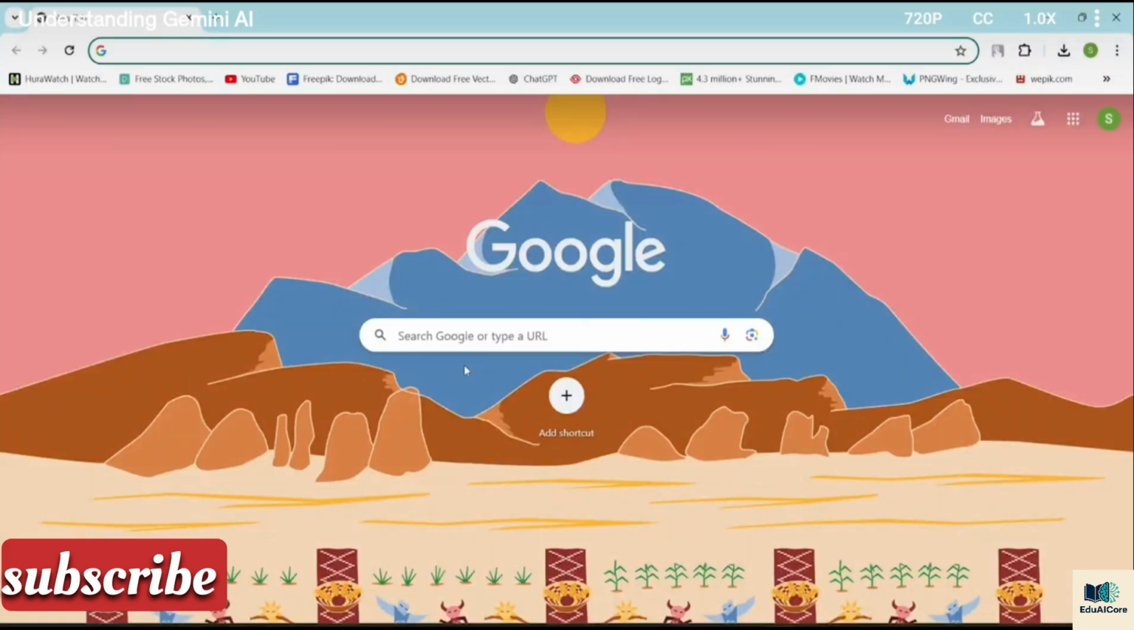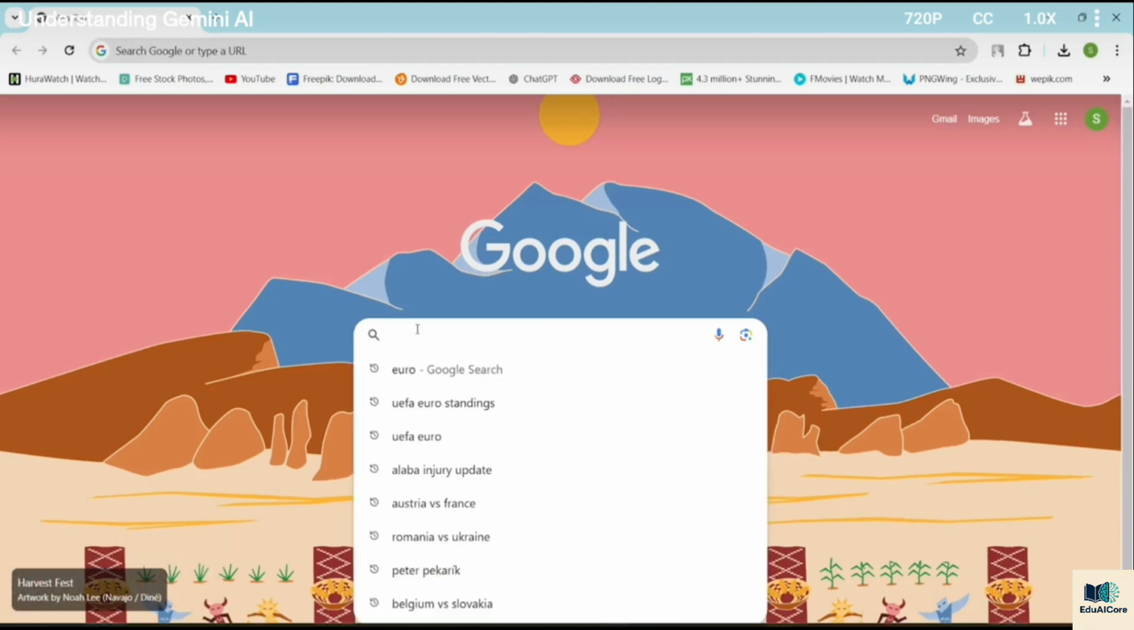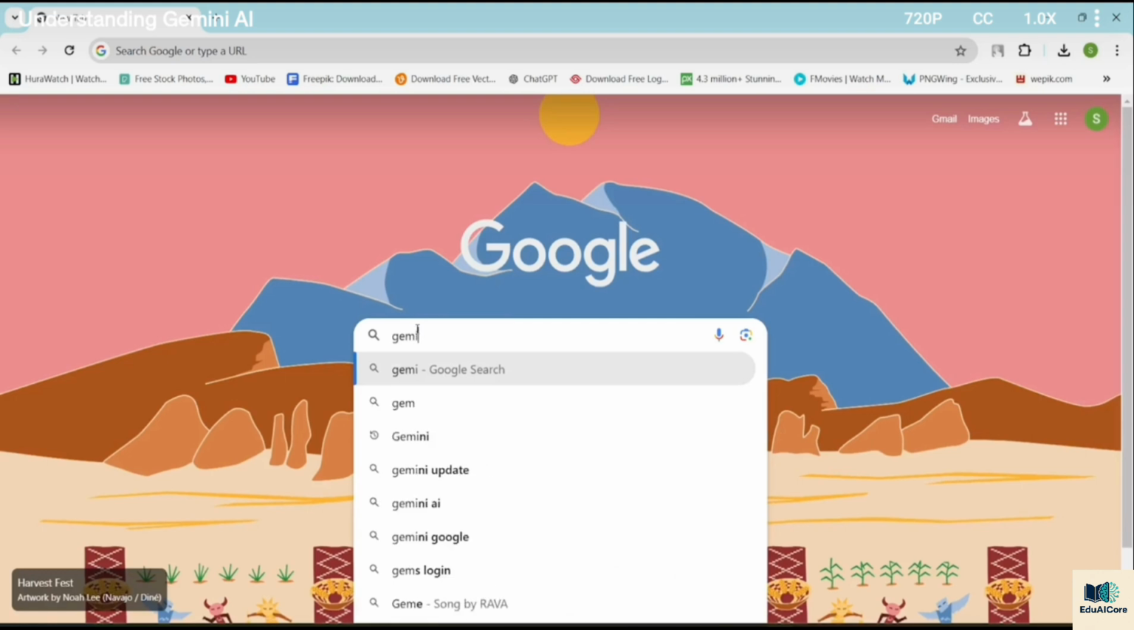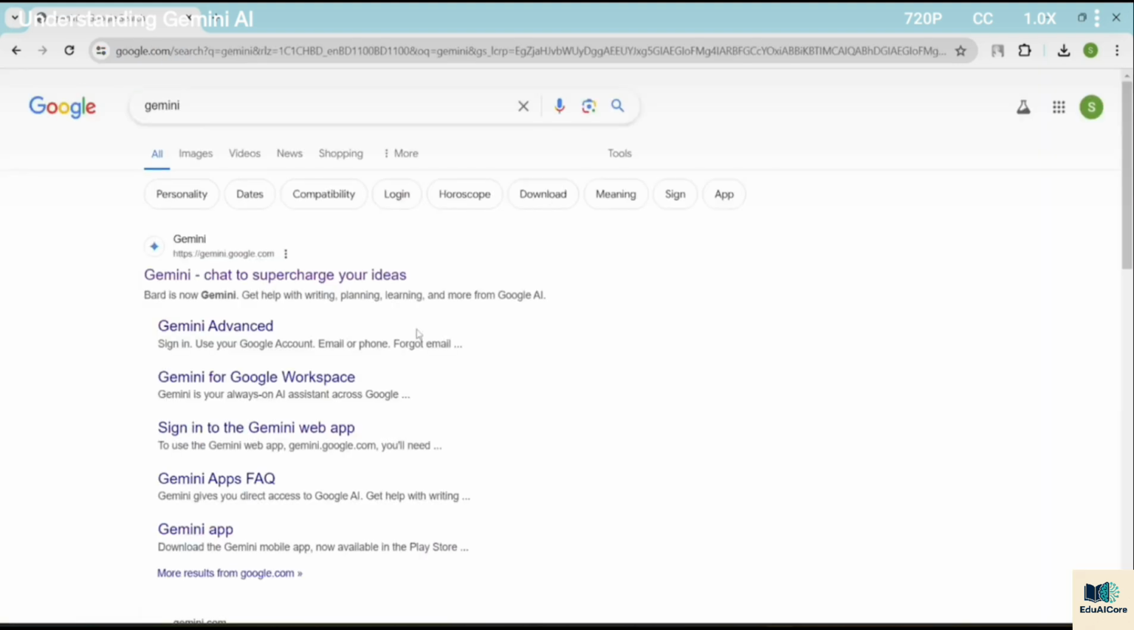So over here, as you can see, I'm now on my Google page. From here, you can use any search engine, be it Google, Microsoft Bing, Mozilla Firefox, Opera Mini, anything you prefer. From here, if you want to get Gemini, let's type Gemini, and if I just click on enter,